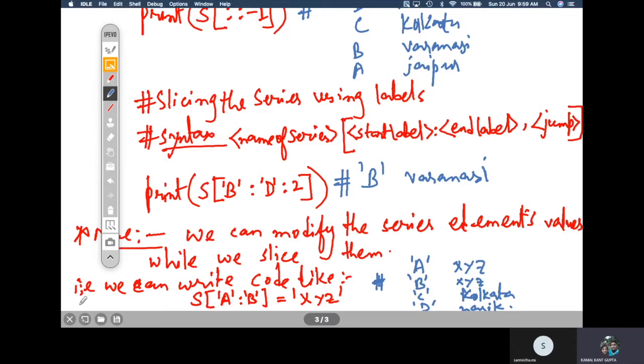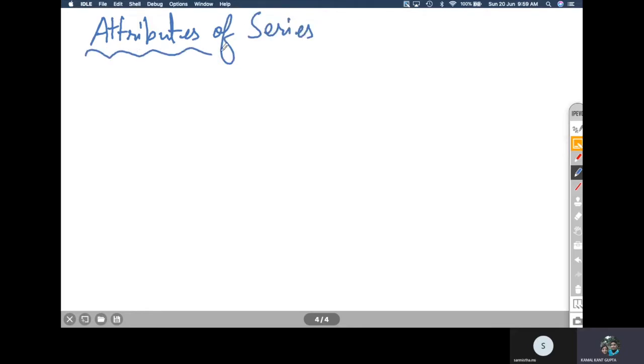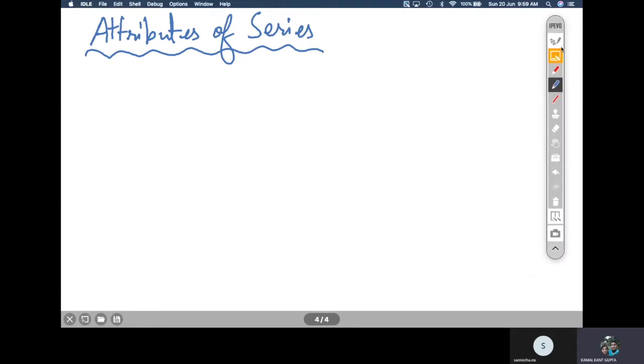Let us find out what the attributes of a series are. So going to our next topic, attributes of series. Now what are the main attributes of a series? Since series is an object in an object oriented programming environment, it has certain attributes attached to it.